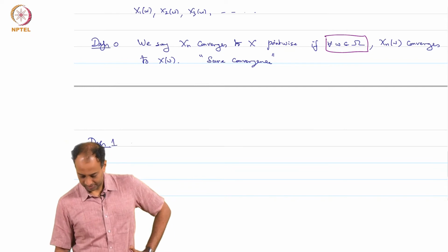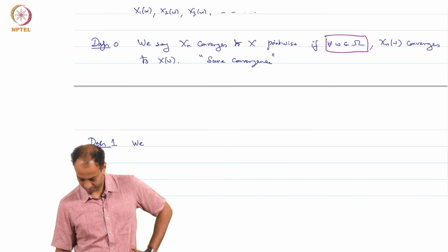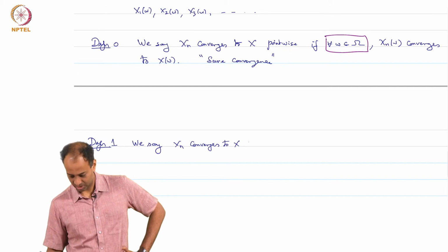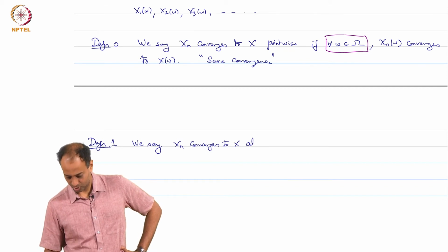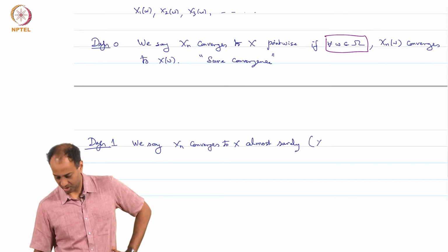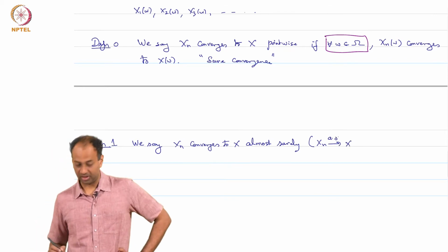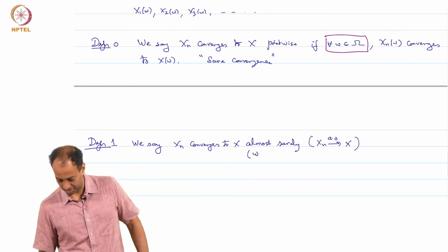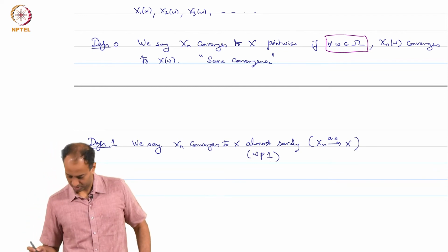So, we say x n converges to x almost surely, notation x n arrow x a.s., or some people say with probability 1, if